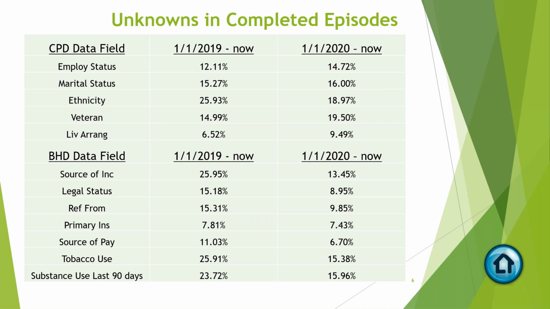Source of income is looking pretty good. We used to have 25, almost 26% of clients unknown at the time of discharge, and now we're down to 13.5, so that's pretty good. Primary insurance has stayed about the same. Source of payment has gone down as well. Veteran status did go up for some reason,